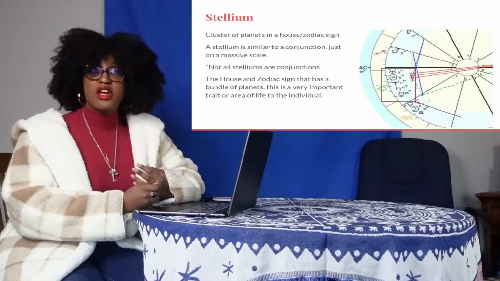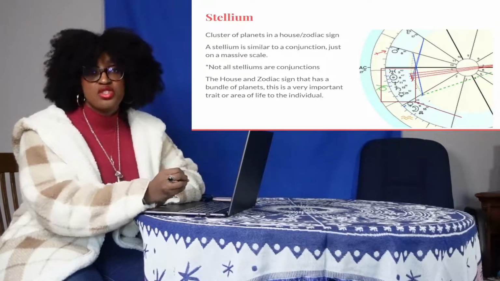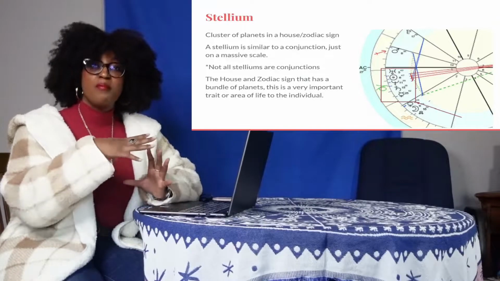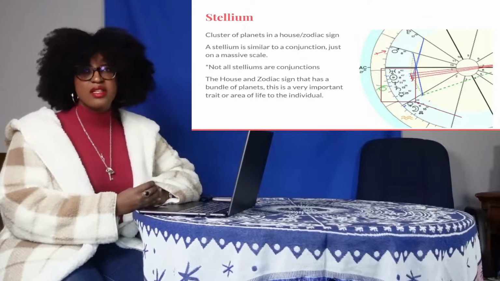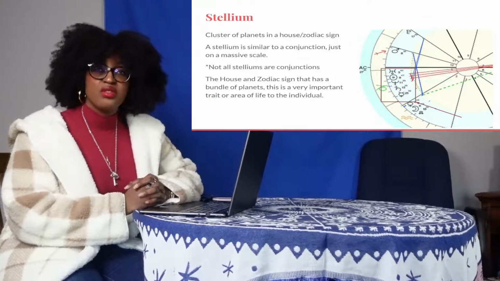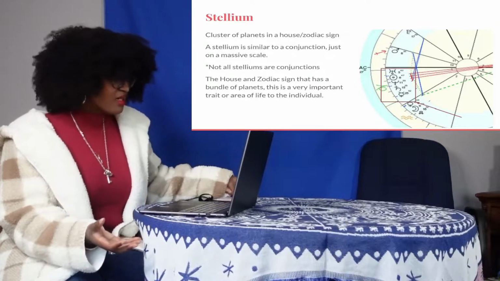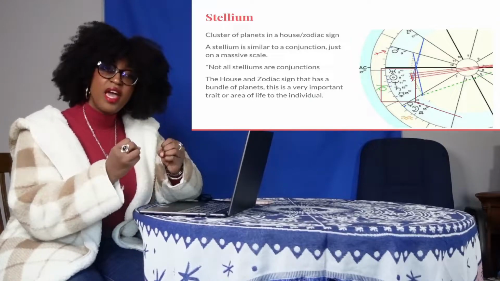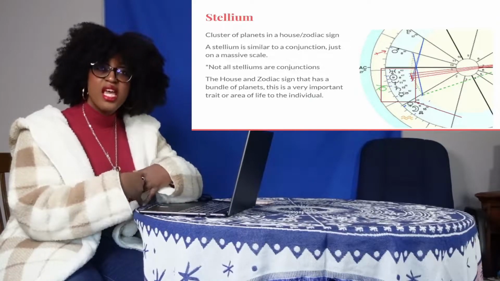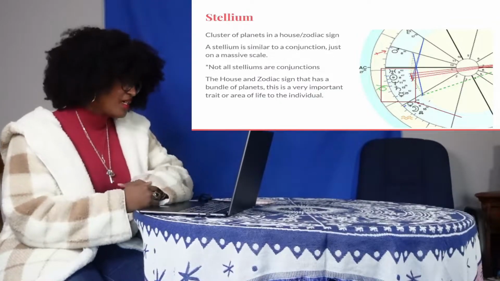So it depends on how you want to look at it. Do you want to look at it at the microscopic level, which would be the conjunction, or do you want to look at it at the macroscopic level, which is the big picture, which is the zodiac sign? So there are 2 different ways you can look at it. A conjunction is for smaller, tighter, more accurate descriptions, and a stellium is the big picture overview, generalizing.